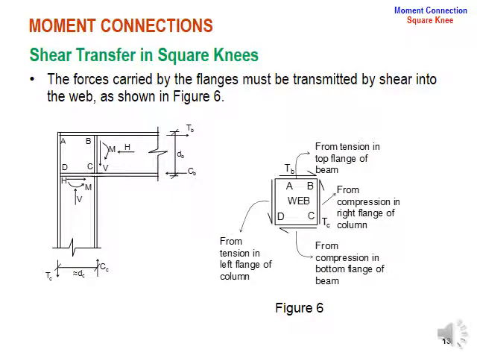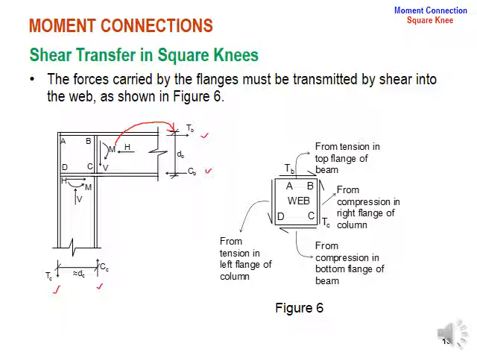Now, if we talk about these force components acting within the beam flange and within the column flange, what is TC, what is CC, what is TB and CB? For that we have to come towards the moment acting on the column in this knee connection. This moment needs to be transferred into an equivalent couple that is going to produce the moment for the forces TB and CB.